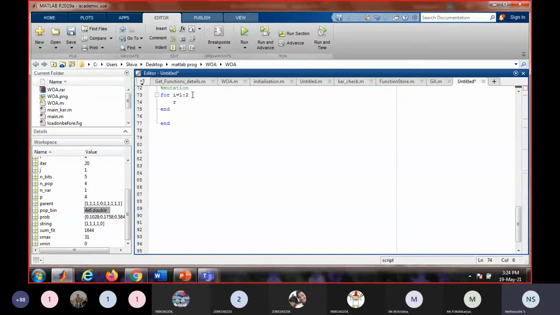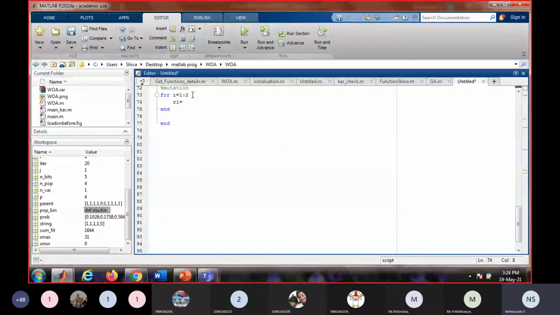So let us take the bit numbers as R1. Okay, row and the bit. So R1 stands for which row offspring has to undergo mutation.